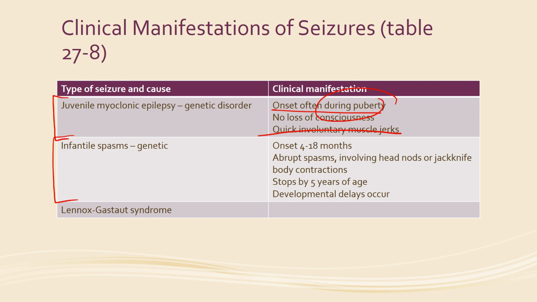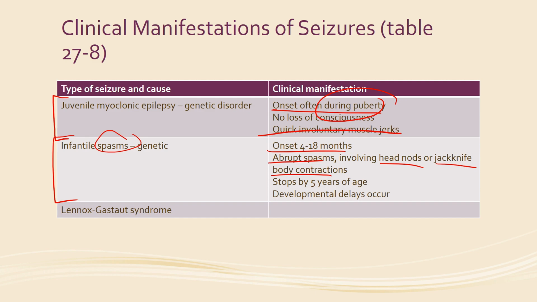Infantile spasms. So infantile spasms obviously happens mainly during infancy, and this is really abrupt spasms, as you might expect, right, from the name. And it's the thing about newborns is that they have a lot of weird movements. I wish all infantile spasms did these head nods or these jackknife body contractions, if only because I could be able to notice them very easily. Parents would also notice them very easily. A lot of times infants just kind of move weird. There's no really explanation for why they move that way, but